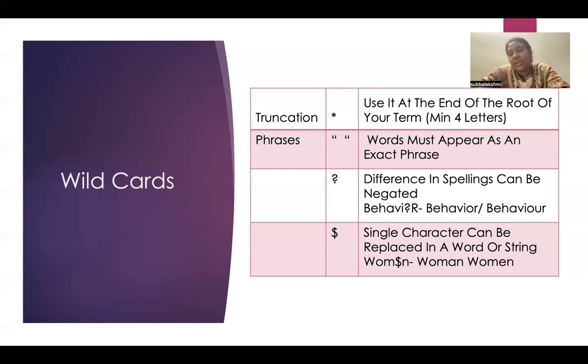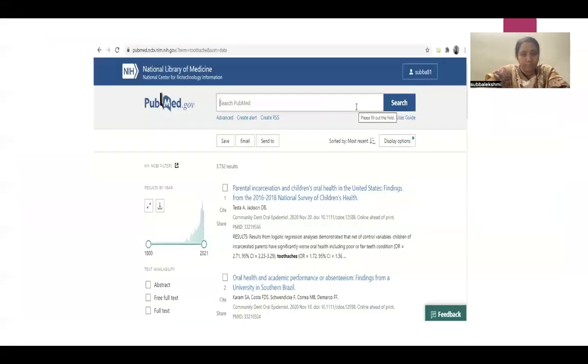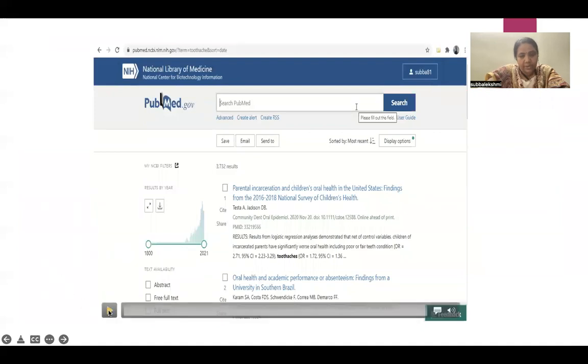And also when, like I say, women, all these things, I can use a dollar sign so that it will pull out the results for both. So now let us look at